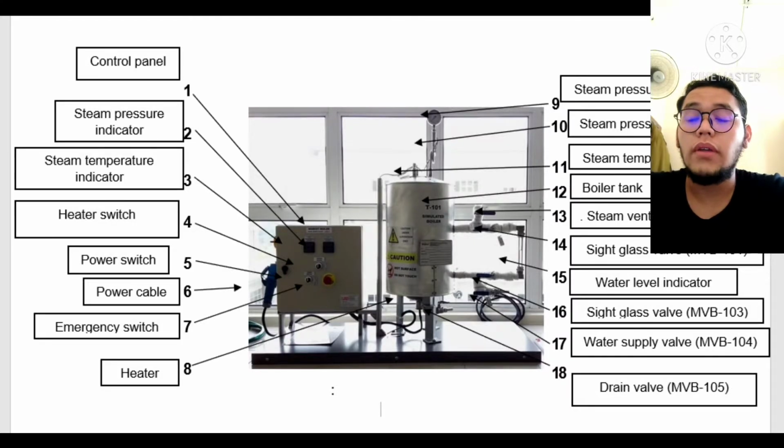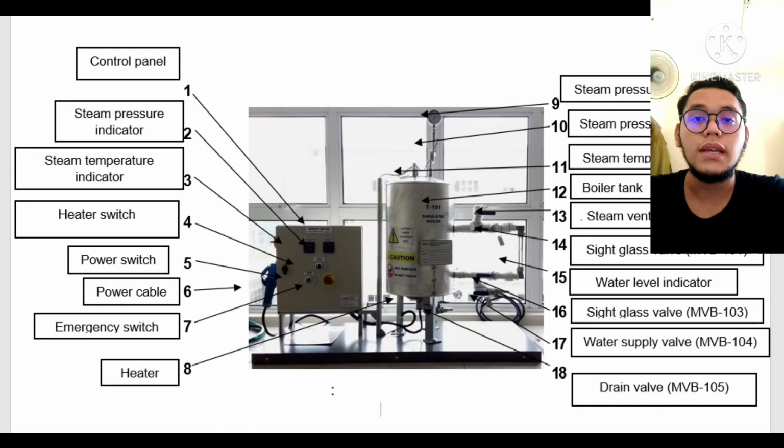For the apparatus, we have 18 apparatus that we use in this experiment. The first one is control panel, the second one steam pressure indicator, the third one steam temperature indicator, number 4 we have heater switch, number 5 power switch, number 6 power cable, number 7 emergency switch, number 8 the heater,